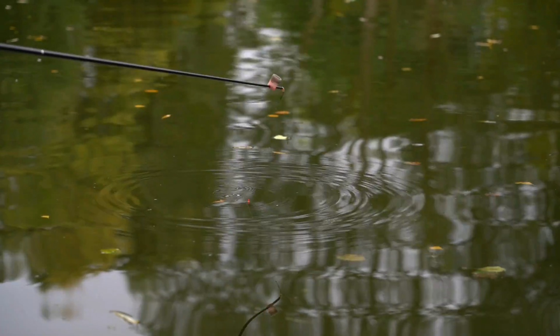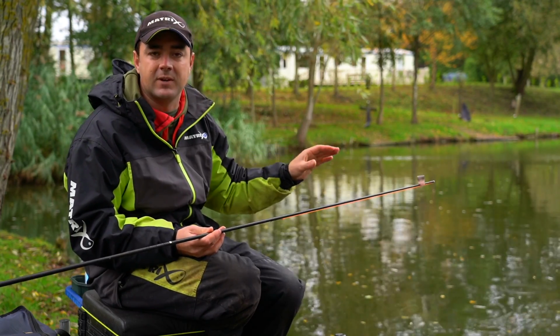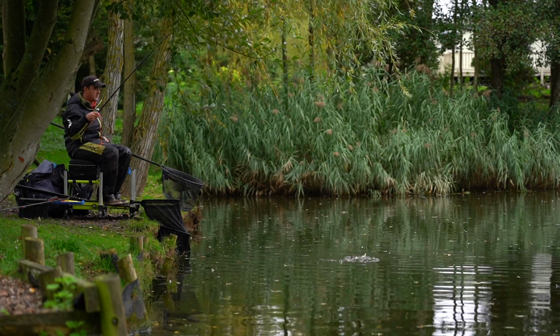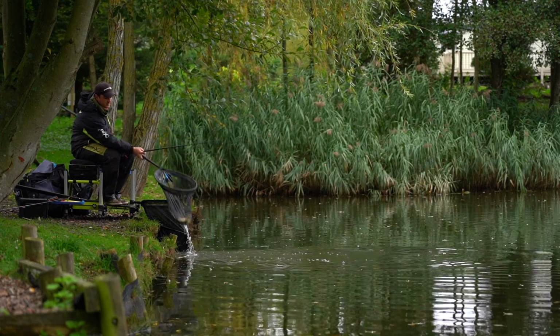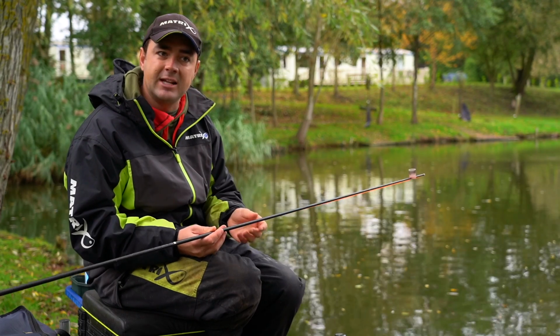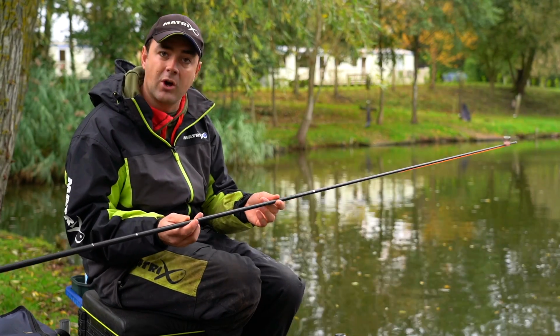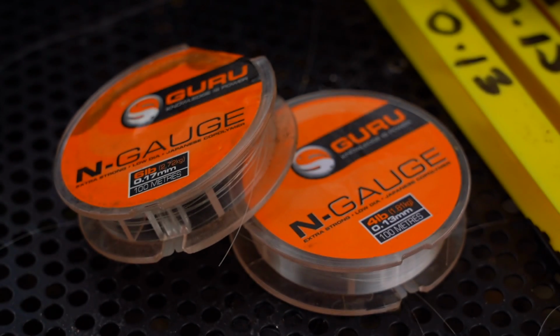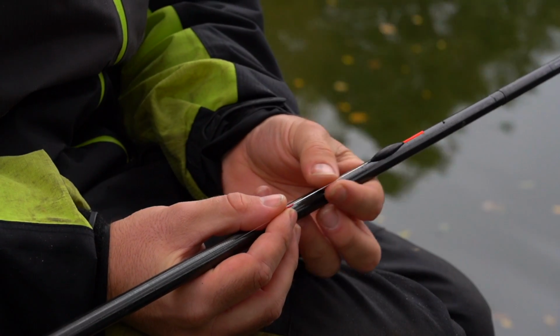Elastic wise, it's Matrix Slick Orange. Now it's quite light for potentially the size of the fish that are in here. But that's because I've lightened down on my line strength of the rig. Because this is so negative, this is the one that I want to get bites on. I want to feel my way in, and we need to make sure that we're fishing effectively enough for that to happen. So the main line is 0.13,